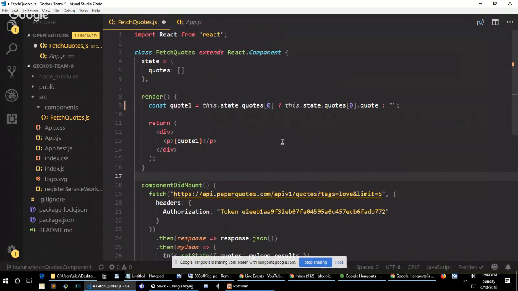So the code for the fetch quotes component: you have to import React from React. Then you make a class. Every component is either a class or it can be just a function, right? So in this case, it's a class. Initialized it with a state. The state object has a property of quotes, which at the start is an empty array because we want it to be an array of quotes,